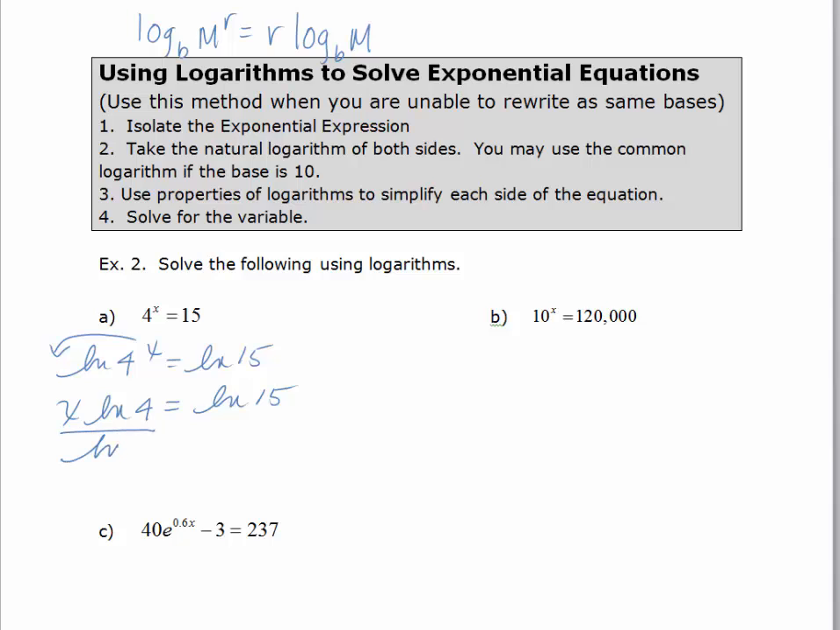I'm going to divide each side by the natural log of 4. Remember, the natural log of 4 is just a number. It is some value, irrational, but it is the exponent that you put on e that results in 4. And now this is considered my exact answer, and sometimes we like to leave our answers exact. Often we need to approximate our answers, so let's use a calculator